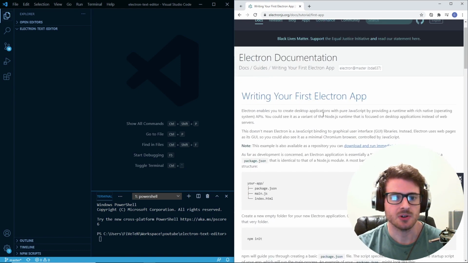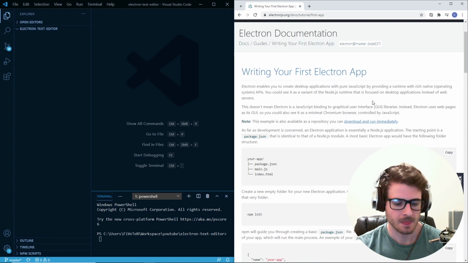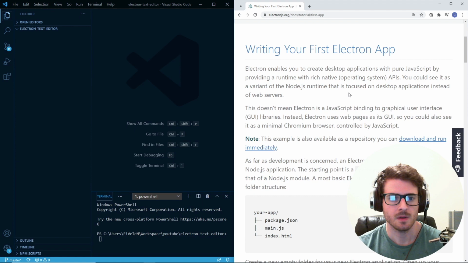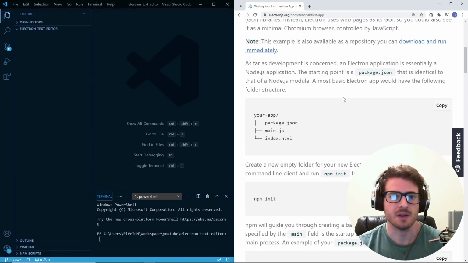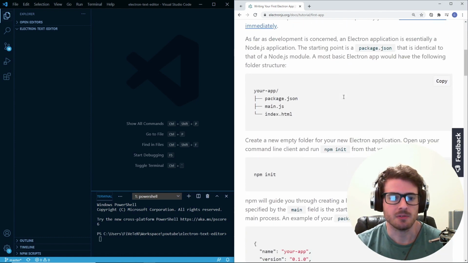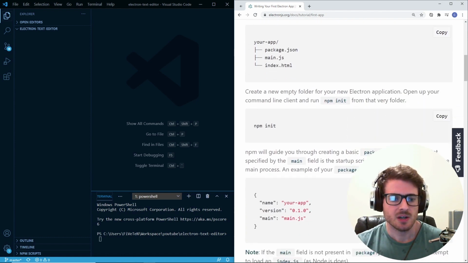Writing your first Electron app. Maybe that's too small. Let me zoom in a little bit. So it allows you to build desktop applications with pure JavaScript. So basically you can access your file system inside your JavaScript application and native application. You can access Node's FS. You can access other things, probably everything, but let's just try to follow this